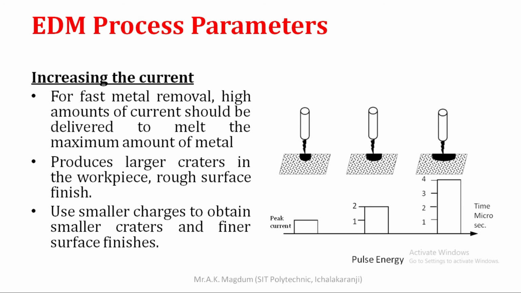So that's why the current plays a very important factor in the EDM machining process, because if you increase the current, no doubt the metal removal rate increases, but at the same time there are so many drawbacks: unnecessary workpiece craters, and we cannot maintain the surface finish over that workpiece. So these are the drawbacks of